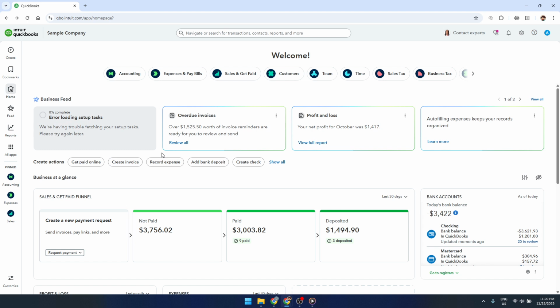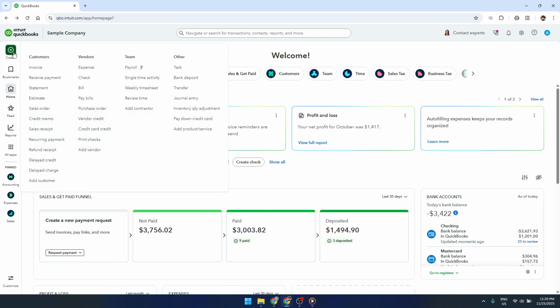From your dashboard, start by going to the top left or top center of your screen and clicking the plus sign labeled Create. This opens a menu of different transaction types. From this list, choose Sales Receipt. A sales receipt is what you'll use when you're receiving money right away, like when a customer pays a deposit